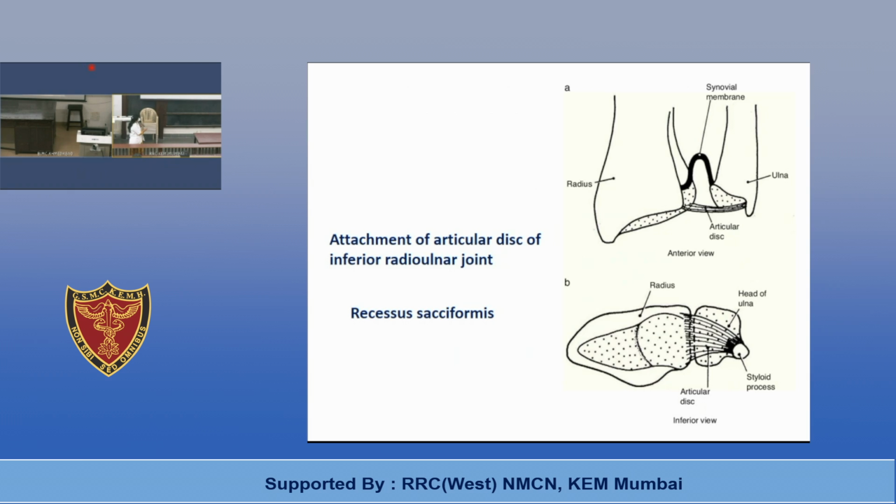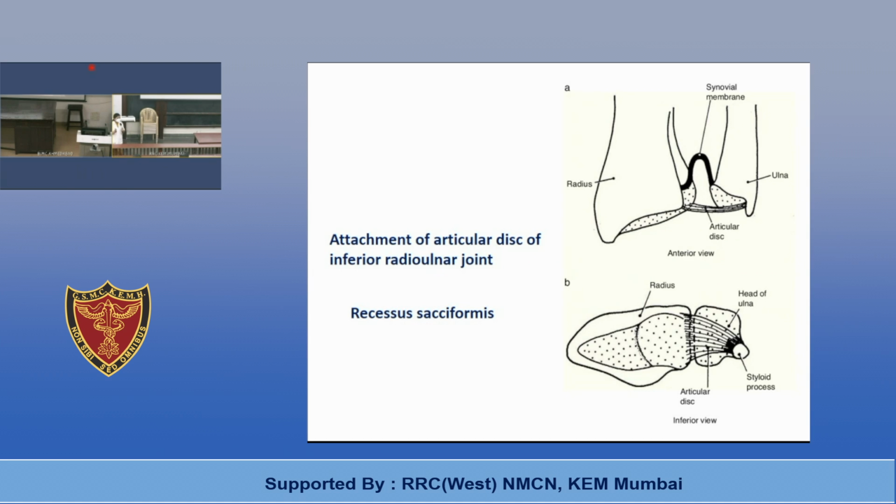So this is the lower articular surface of the radius, this is the head of ulna and styloid process, and this is the styloid process of radius. So this is the triangular articular disc which is attached in between the head and styloid process, and laterally it is attached to the inferior margin of the ulnar notch of radius. So what happens because of the particular attachment of the articular disc along the ulna? The head of ulna is excluded from the wrist joint.